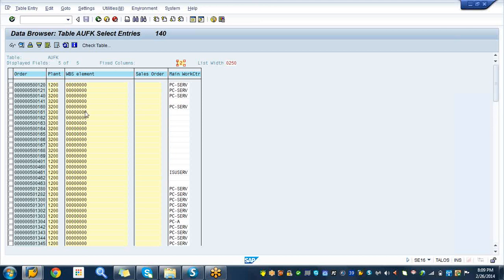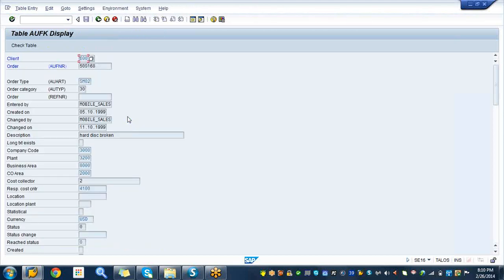Since I do not have anything, what I would like to switch now is I'm going to switch from 1200 plant to 3200. The reason: 1200 plant is part of Germany, whereas 3200 is part of United States. So I'm going to pick the last one, or the last but one, double click to get the number. What is this number? Service order number. Control C